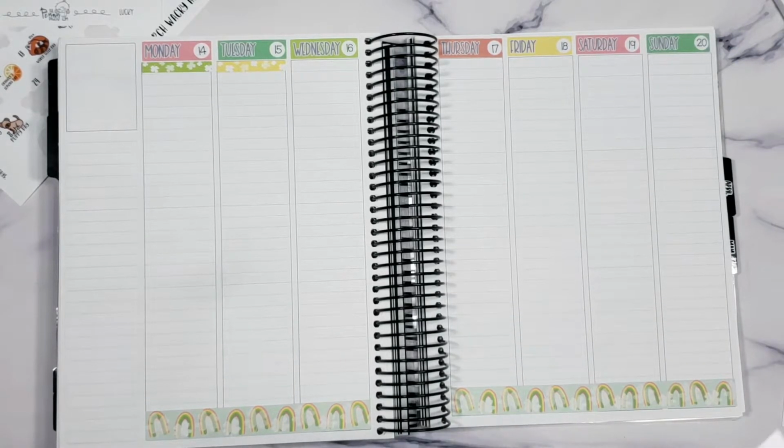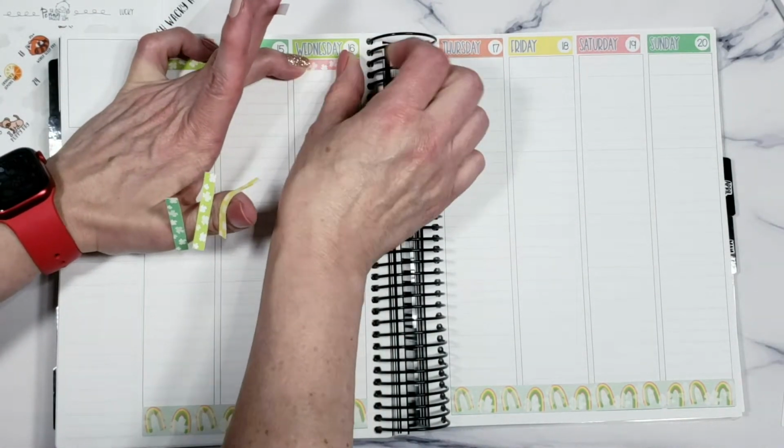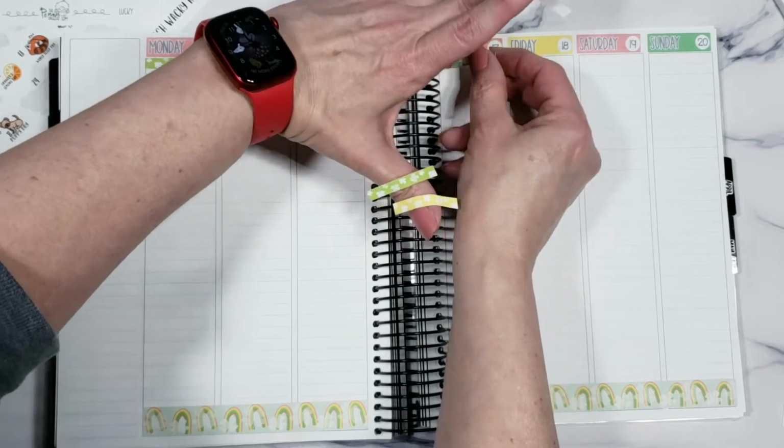Now back to this one. So one of the things that I did with this kit that I really, really like, that I want to do more often, and I've decided to start using some of my